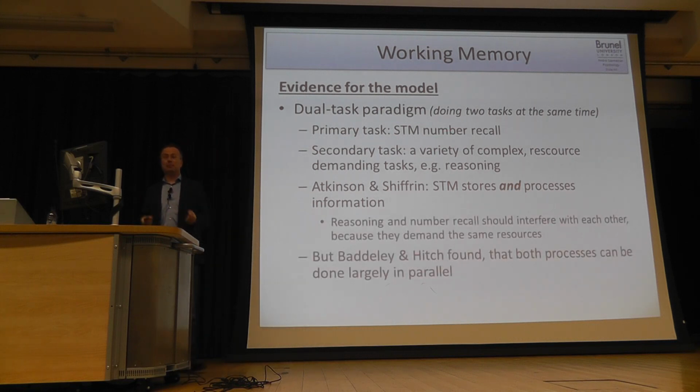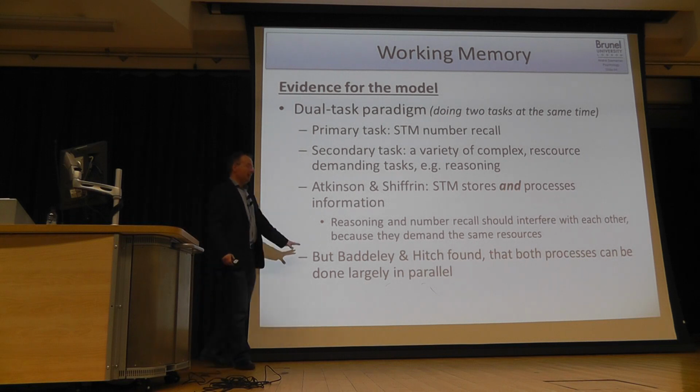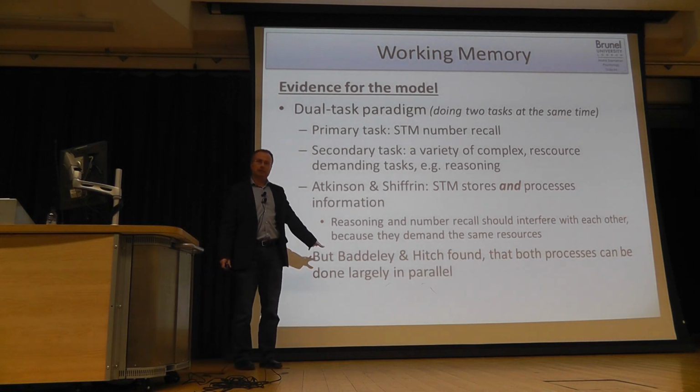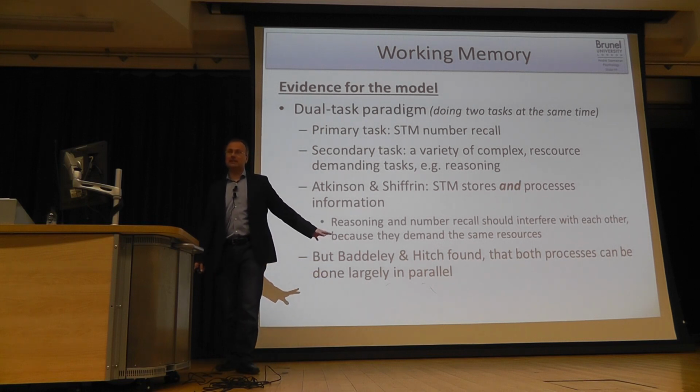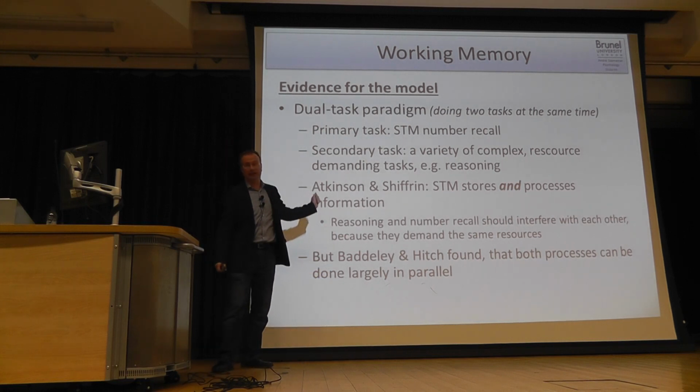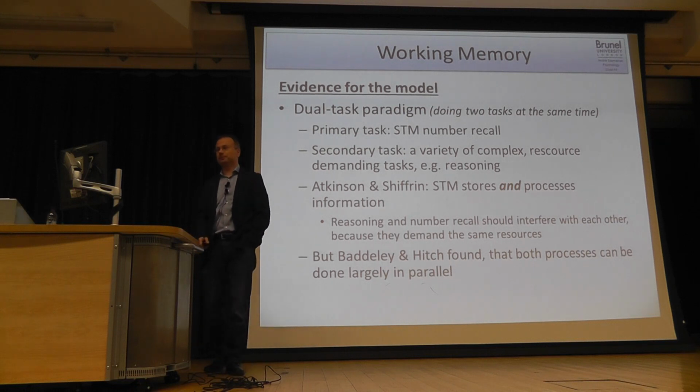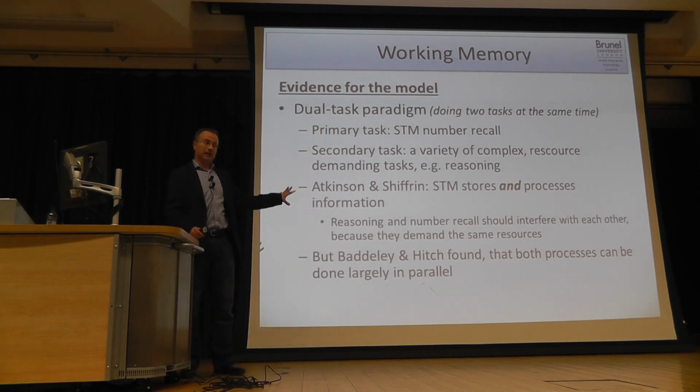However, Baddeley and Hitch found that they really can be done largely in parallel. You have some costs, but not nearly as much as expected based on the Atkinson and Shiffrin assumption. So that's another example where you have an empirical study which is done to decide between two models, which model